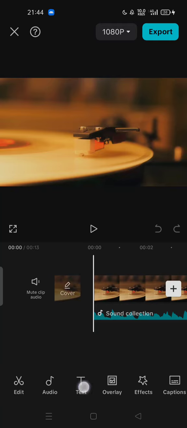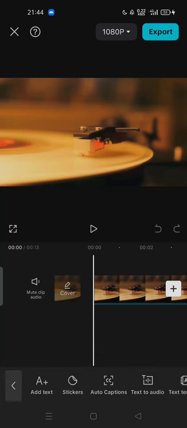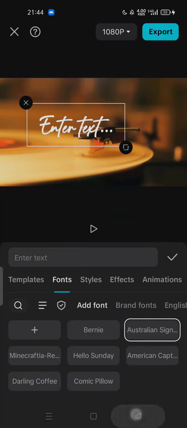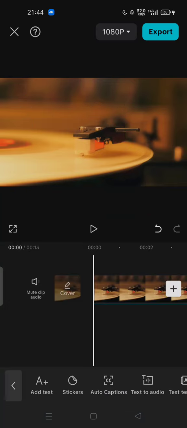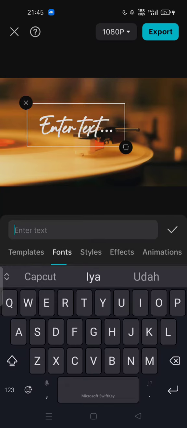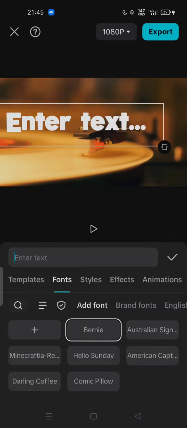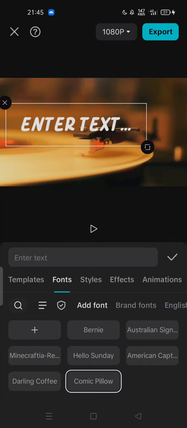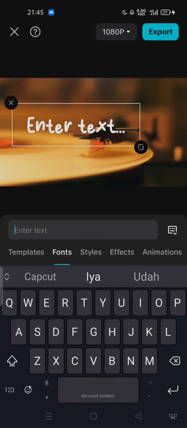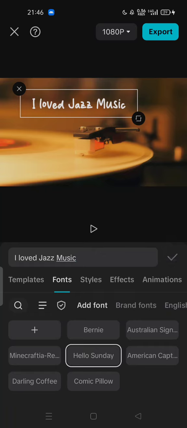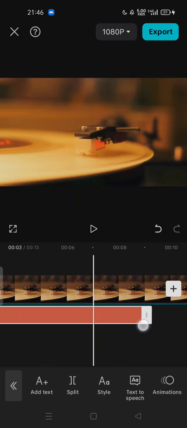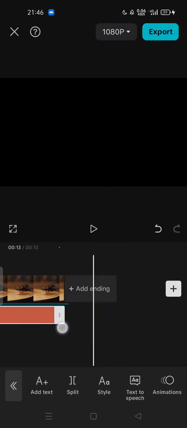So for example, you can add text first here. Type add text, just a simple text here. You can choose the fonts by default or a custom font that you already downloaded. So enter the text here. After you add the text, you can try to make the whole text fit into your video,